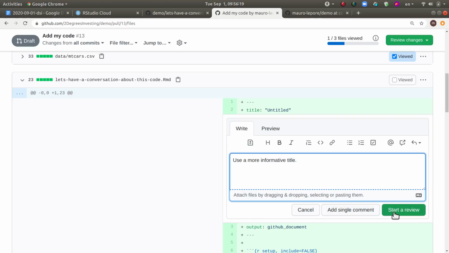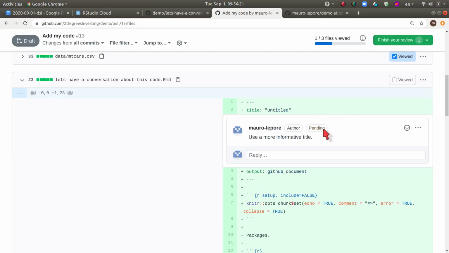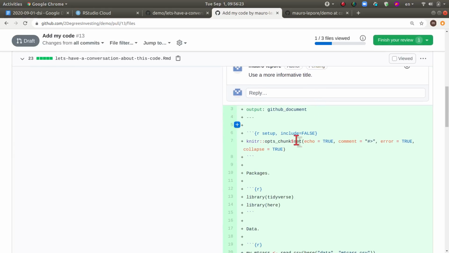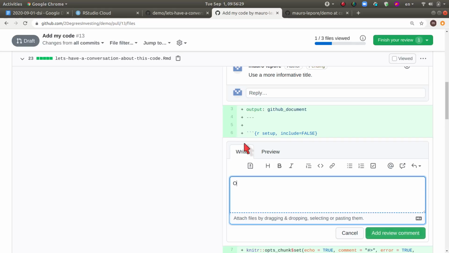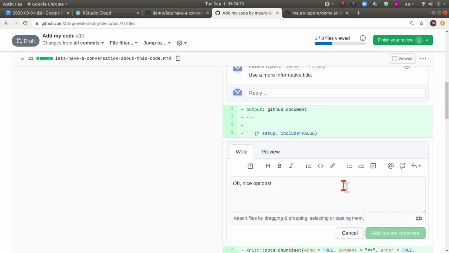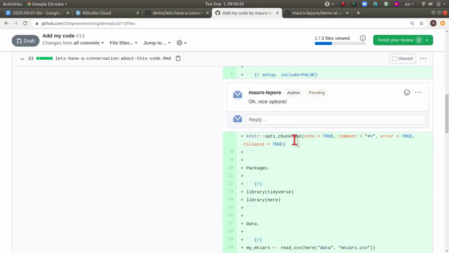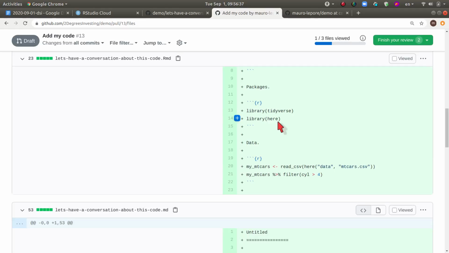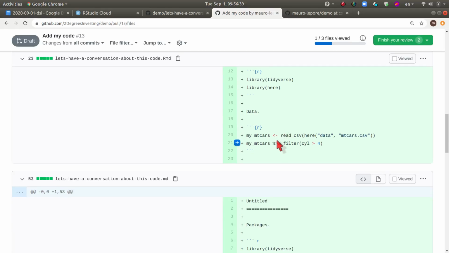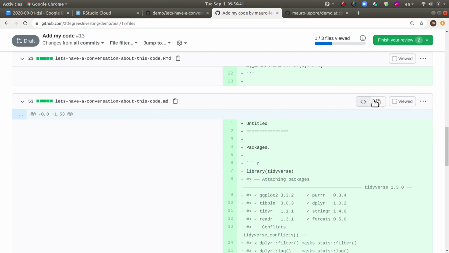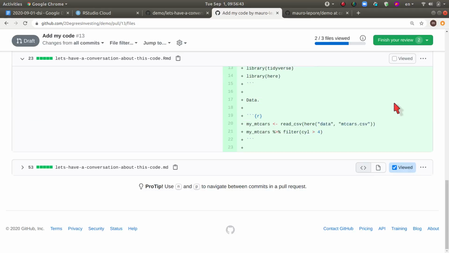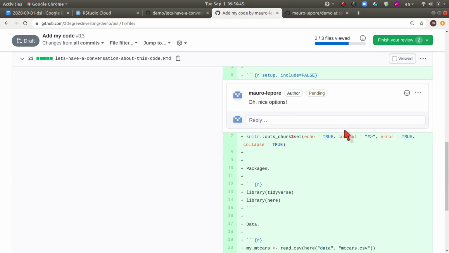And they can start a review, right? This comment is going to be pending until they add all the comments that they see about this code. They could say, "Ooh, nice options," right? And all these comments are now pending until it looks good. They also see, of course, the output in MD, which they can click as checked, as viewed, and see